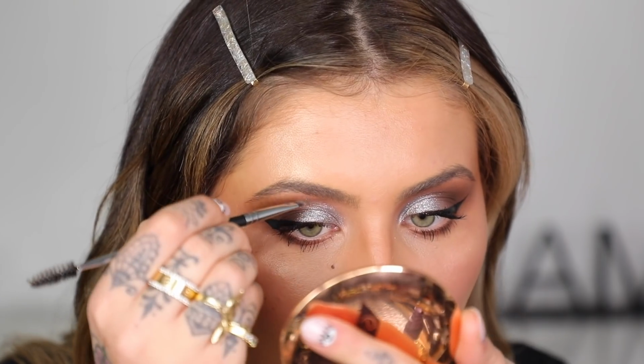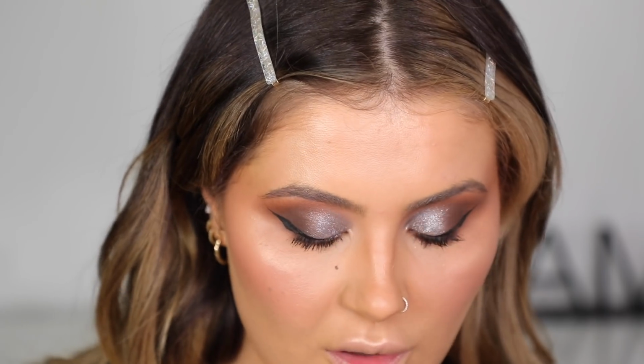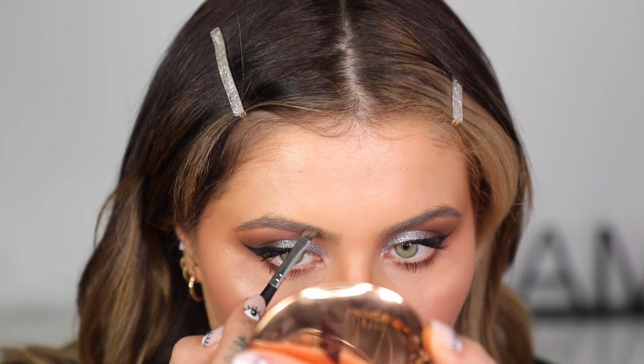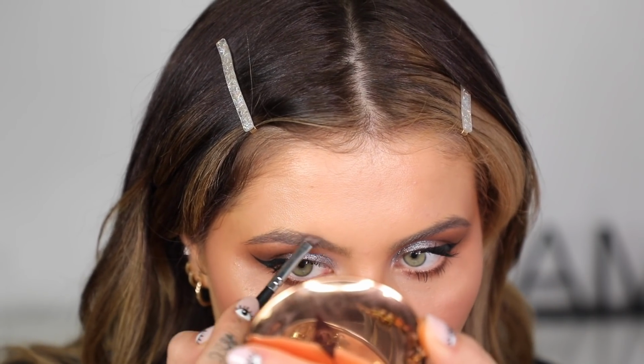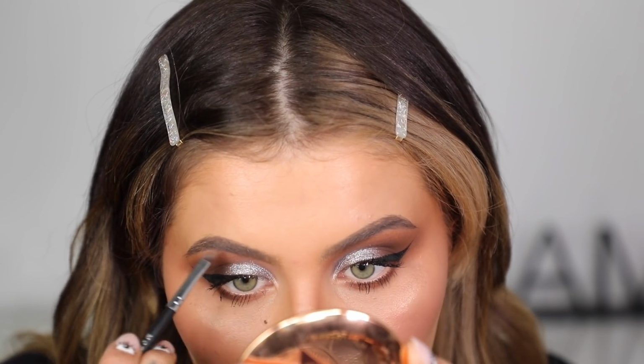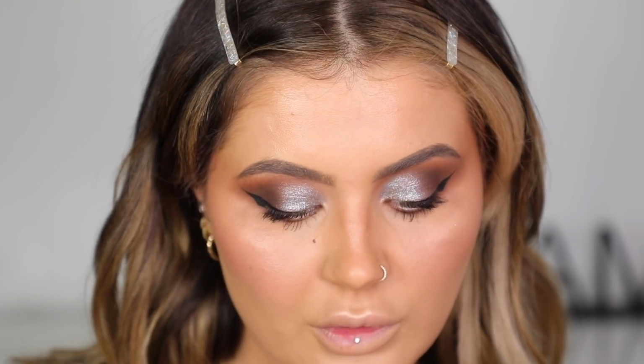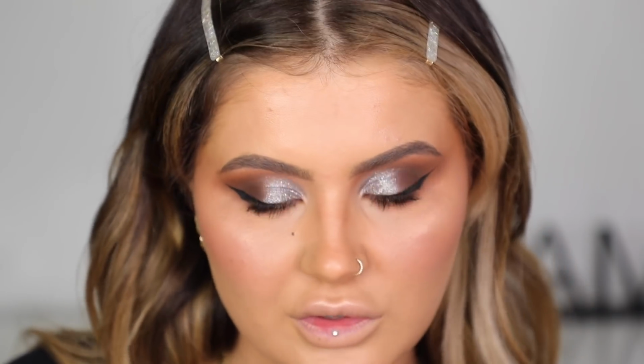I'm just going to draw a nice clean line underneath just to thicken them up, and I'm also going to do the same on the top. We're just going to accentuate the arch, and then I like to drop the front to give an angry appearance. Like this brow looks more pissed off than this brow. This is what I like. And then just to make them look full and thick but quite natural, we're going to go in with the